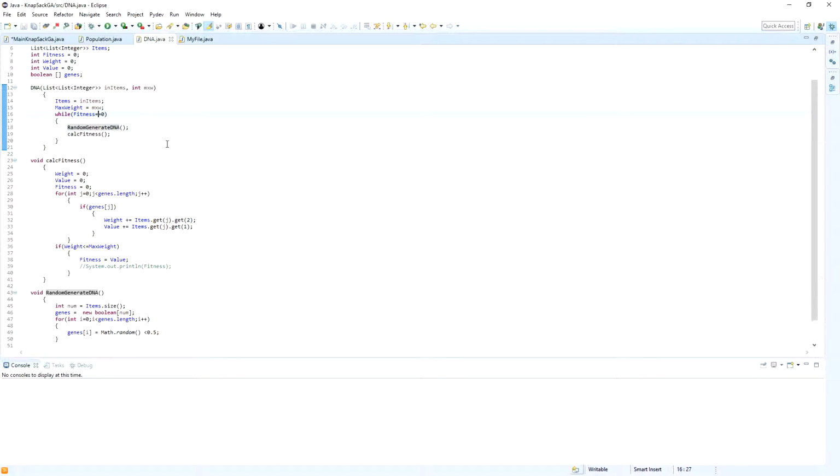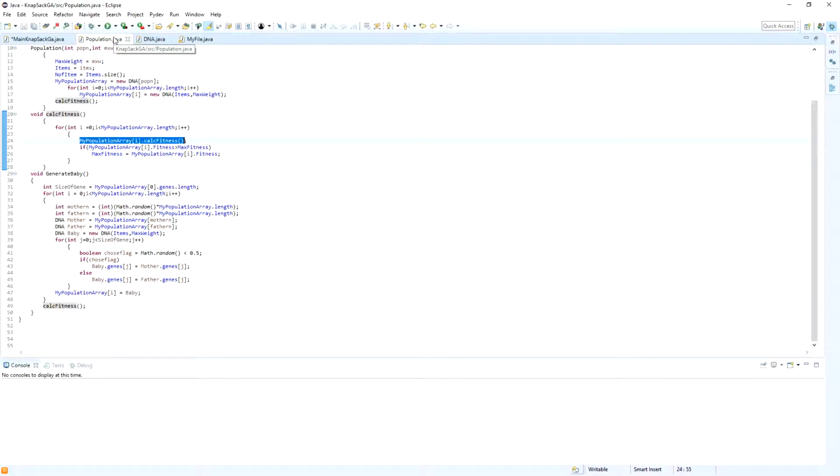I'm checking the constraint here so as not to create invalid ones. I don't know if it's a good idea or not. We're going to try it later and see if it gets a better answer. I'm not following any paper or anything, my purpose is just for you to become